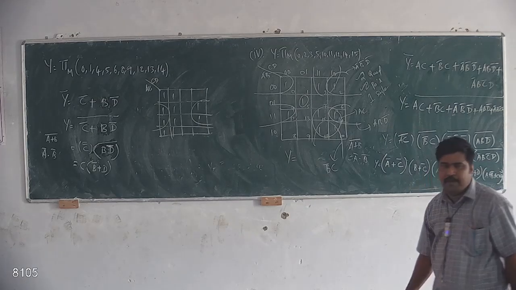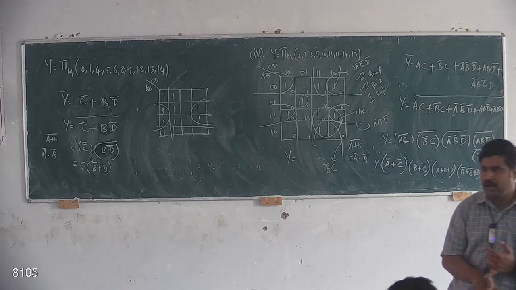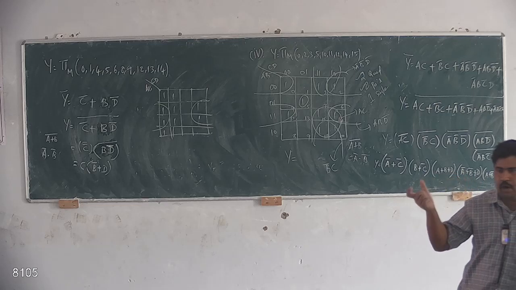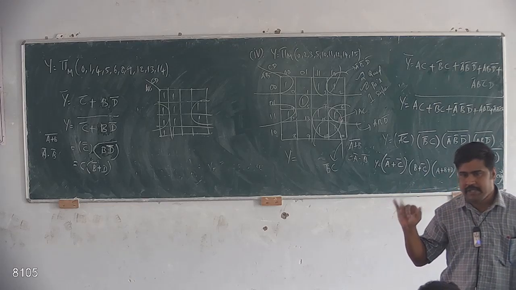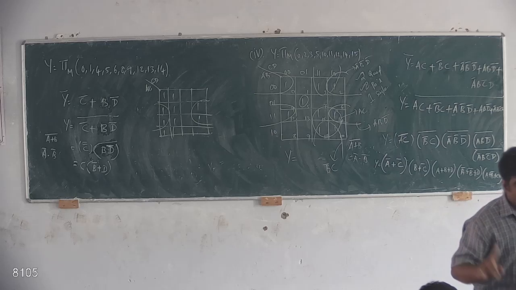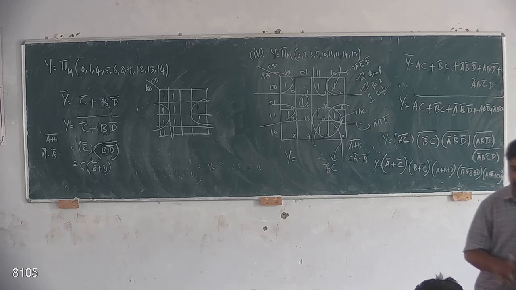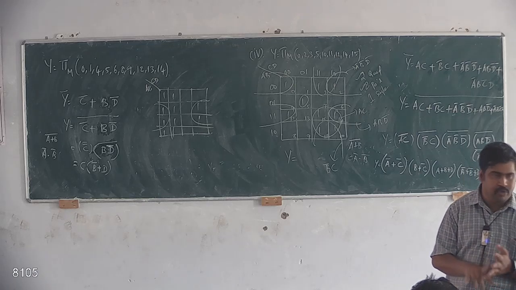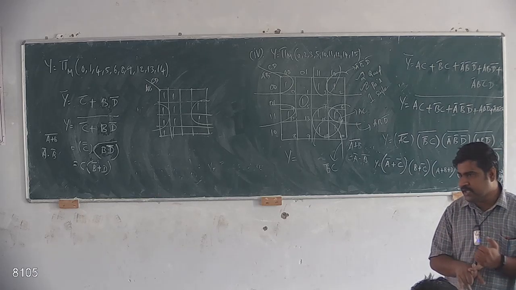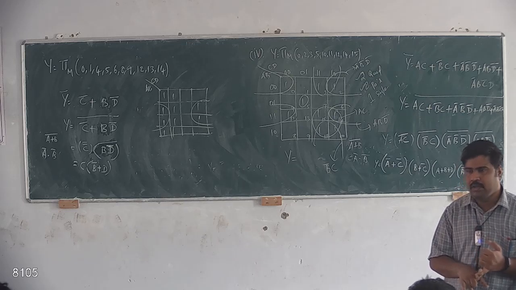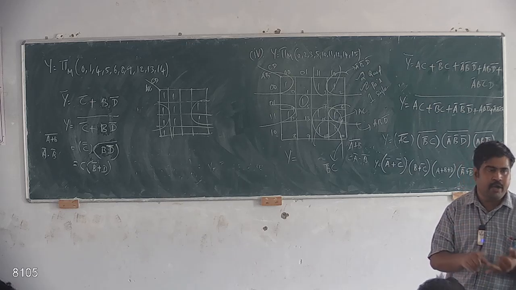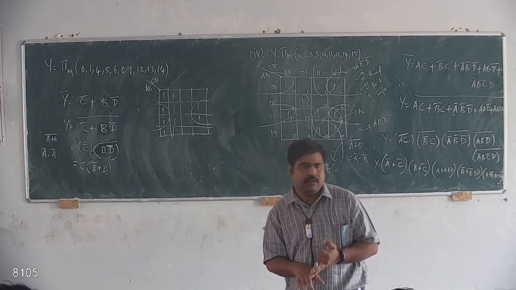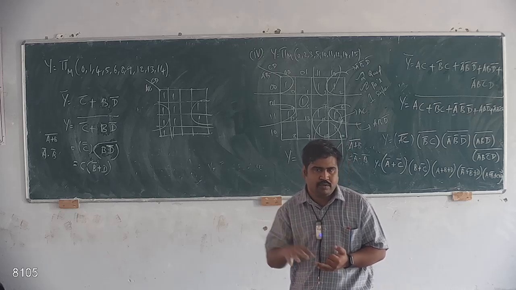So listen, this K-map is very important for designing in third unit and fourth unit. If you don't know how to combine all the ones and you are not able to find the equation, it is very difficult for third unit and fourth unit. So you have the question bank with you. The questions will be within the question bank only. So this is the easiest unit to score marks. Third unit and fourth unit will be very difficult. So try to study all the questions and score.